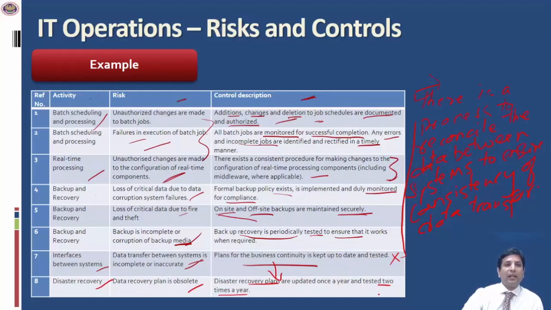So this is an example of how to look at the risks and controls within the IT operations. Like I have said before, in the other domains, these are examples of some risks which are possible. There could be other risks depending on the company and the type of ERP and the nature of their business. We need to look at all these factors specific to the company and in relevance to the audit of our financial statements.